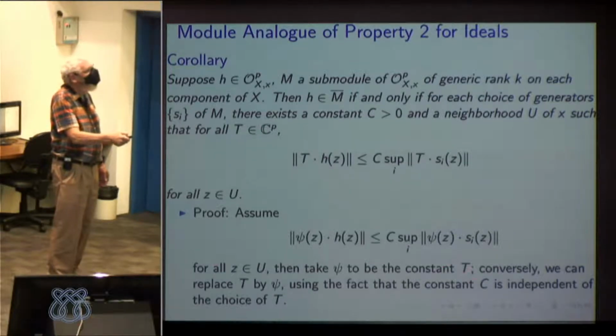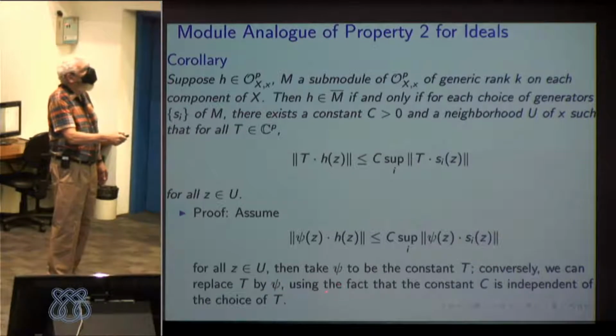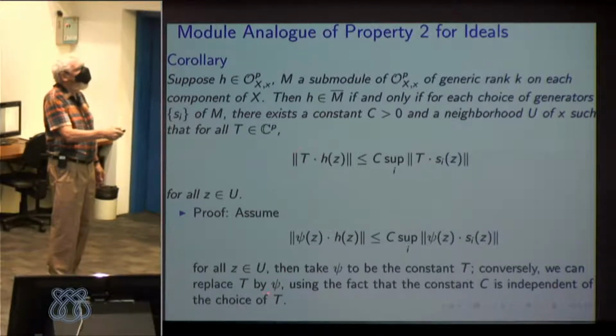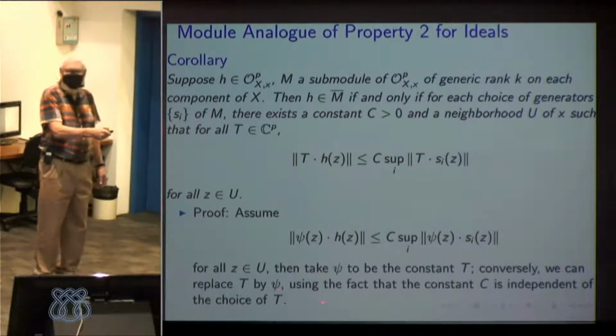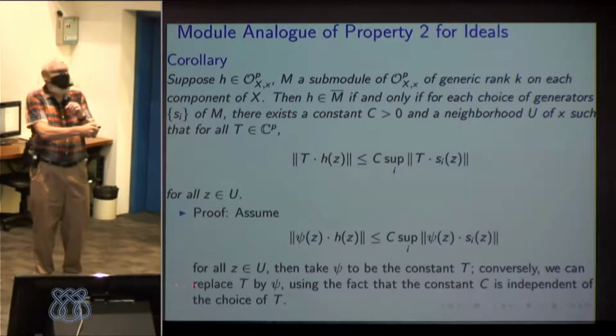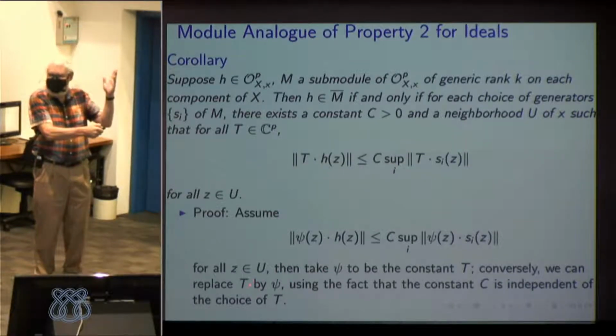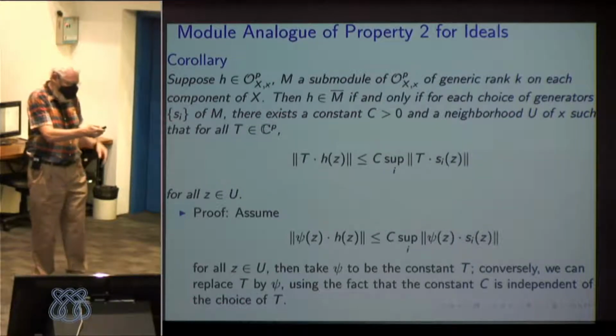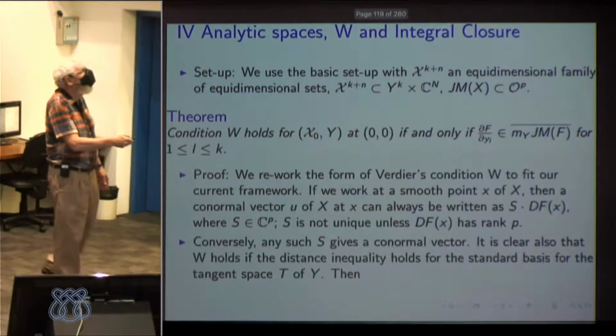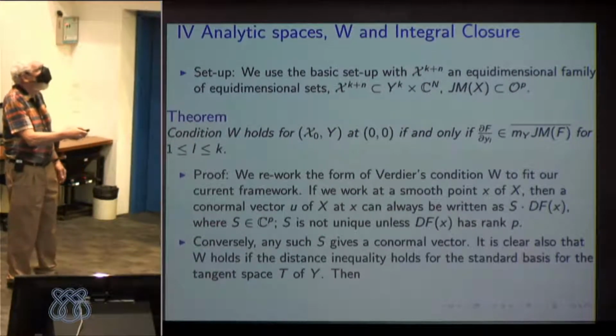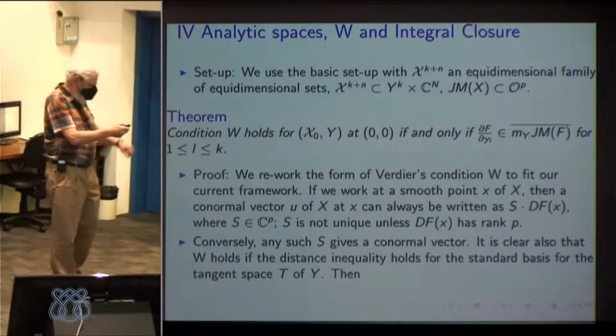So conversely, we can replace T by phi. So this is a constant. How can I replace it by phi? I can use the fact that the value of phi at every point is just another constant. The value of phi is just a different t. And the constant c is independent of the choice of t. Doesn't matter which value it takes. So that's that. Now, the reason for this lemma was because I wanted to get to the main result of